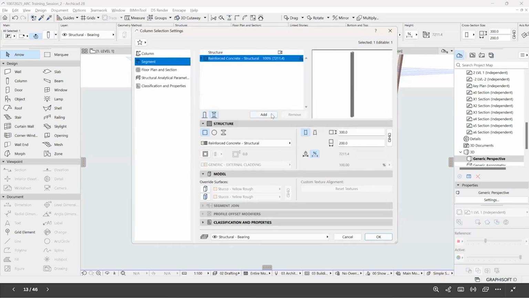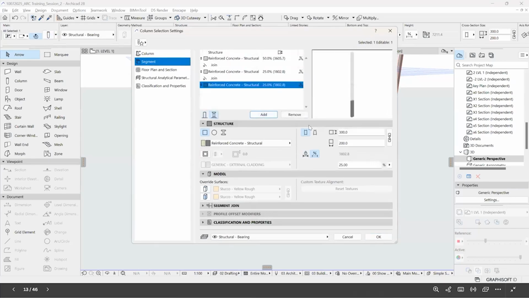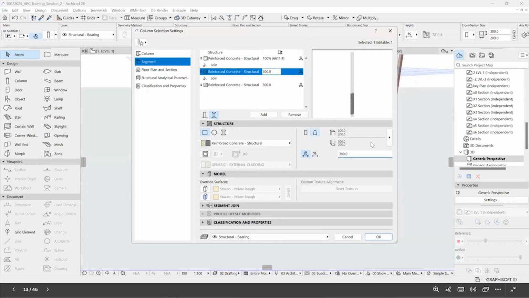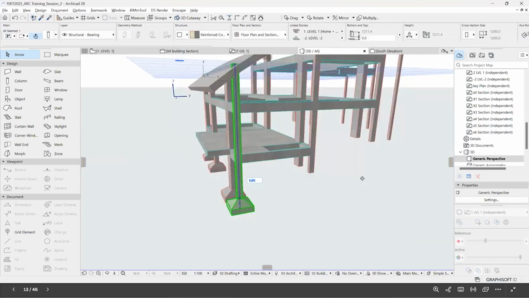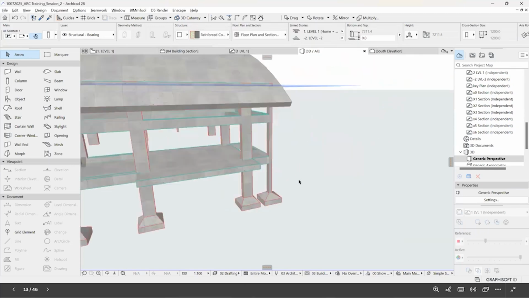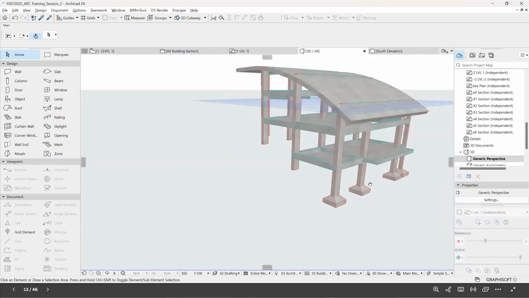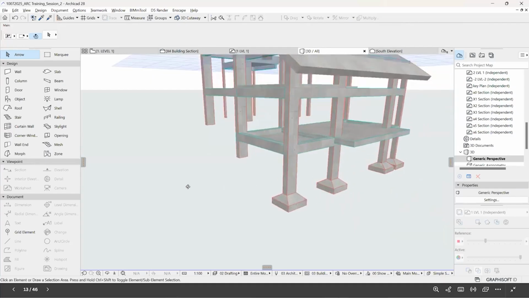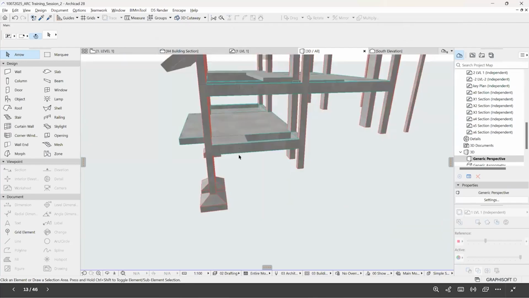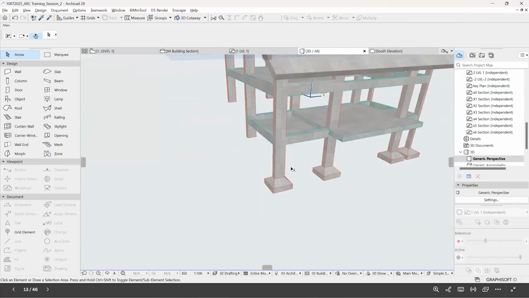So like I mentioned, we go to segment, we add, and whichever needs to be fixed, we will do that first. So this is 300. This is also 300. And this is a tapered one where the base is 1200. And the bottommost one again, 1200. And when you see that, they have similar properties. So you can do the same for the rest of them as well. That will help you to finalize the model. I hope you understood how to make use of this